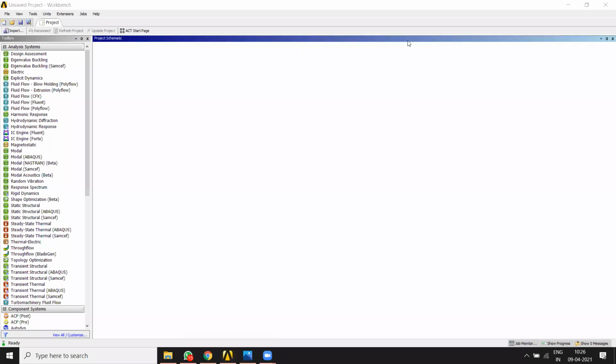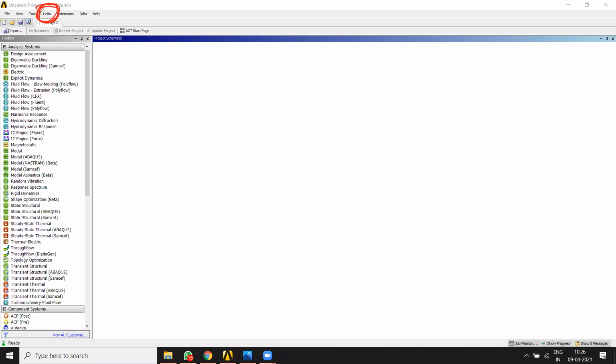When you launch the Workbench module, you will be dealing with this window. As we don't have a lot of time to explore each and every option, let's quickly have a small introduction of what is important. As soon as you go into Workbench, the first thing you should do is select the proper unit system.